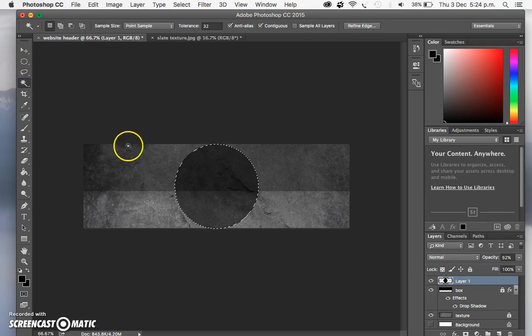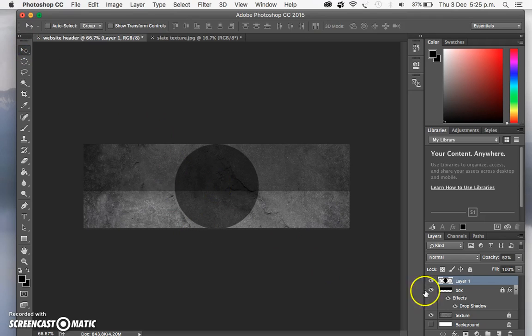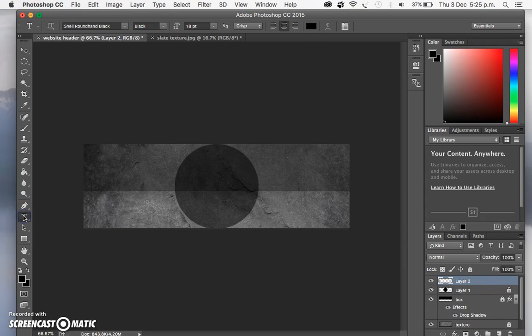This one tool is great for selecting or deselecting layers, so I'm just going to use that one and just remove that moving black and white there. And then we have a basis for our header. I'm just going to lock this layer and create another one and use the text tool. Now if I click here and put